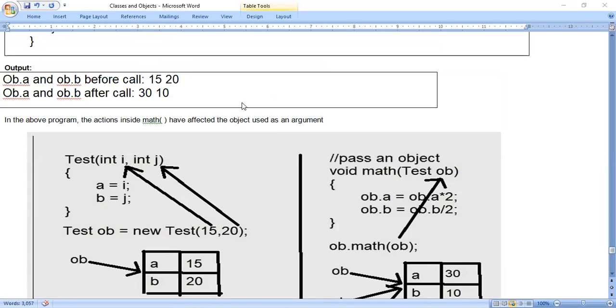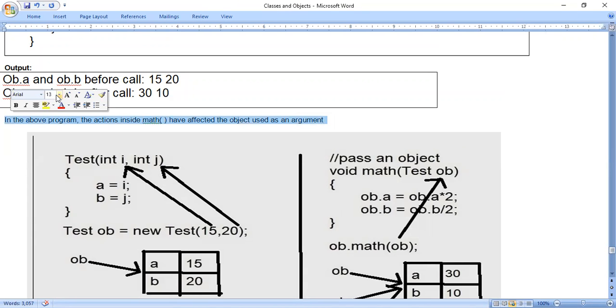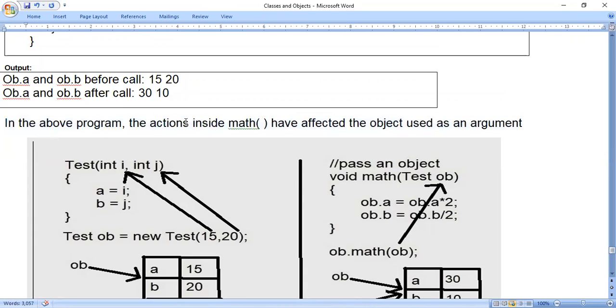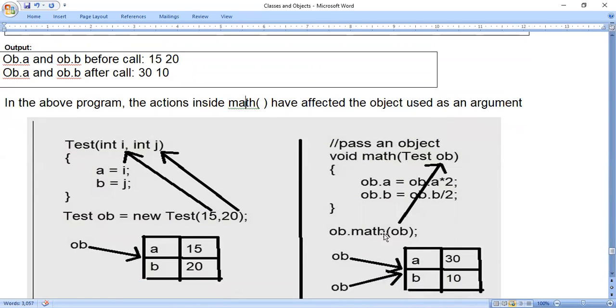So the statement is, look here. In the above program, the actions inside the math method have affected the object used as an argument. Object used as an argument means ob.math of ob. Within the parenthesis, we have used object ob, right?